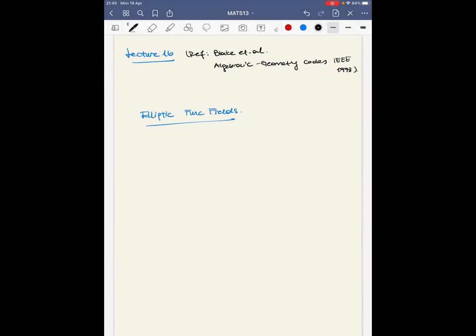The first case I want to consider is the elliptic function fields. Let me briefly recall the definition. They are genus 1, and there exists a rational point, and in general we denote this point as a base point, or O, or the place at infinity. And thanks to this definition, indeed